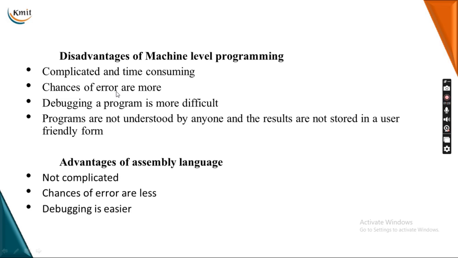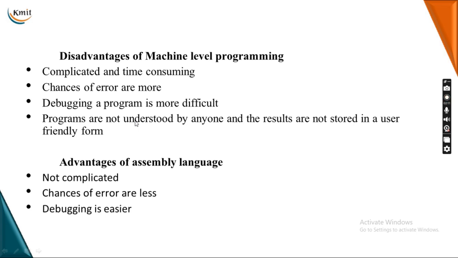Second, the chances of error are more. If we do not code properly, the machine cannot understand properly and it will not give the output correctly. Next point, debugging a program is more difficult. Whenever we go for debugging in machine level, in binary programming, it is very difficult to encode and again decode it. So debugging a program becomes more difficult, and